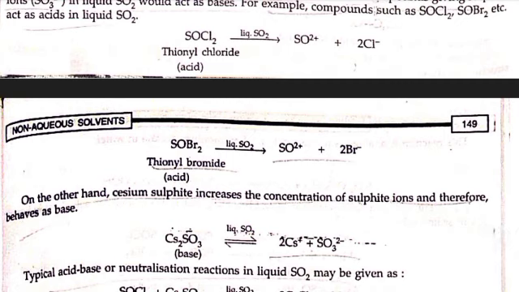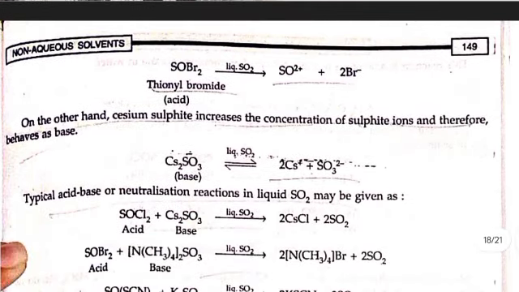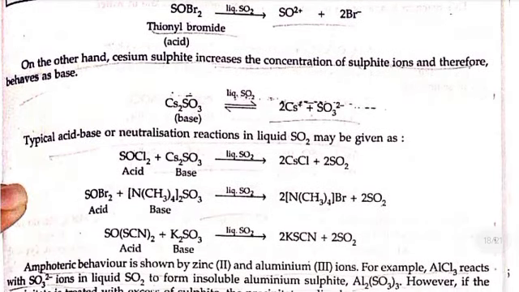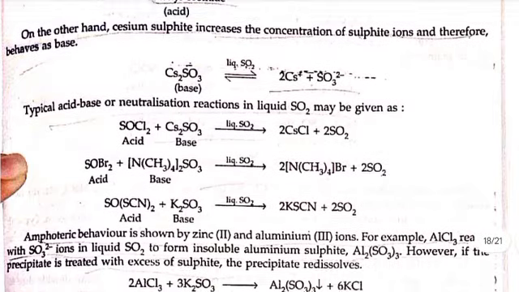Thionyl chloride gives SO2+ and 2Cl- ions. Thionyl bromide gives SO2+ plus Br- ions. On the other hand, cesium sulfite increases the concentration of sulfite ion and therefore behaves as a base. Typical acid-base or neutralization reactions in liquid SO2 may be written as